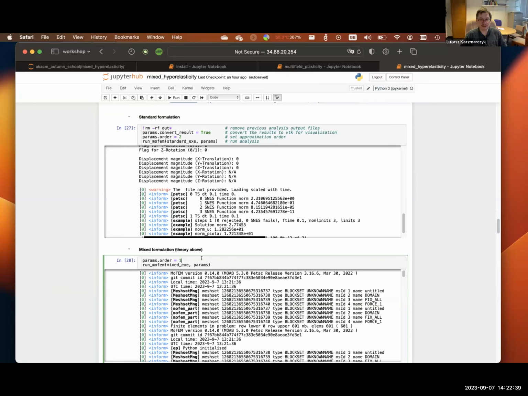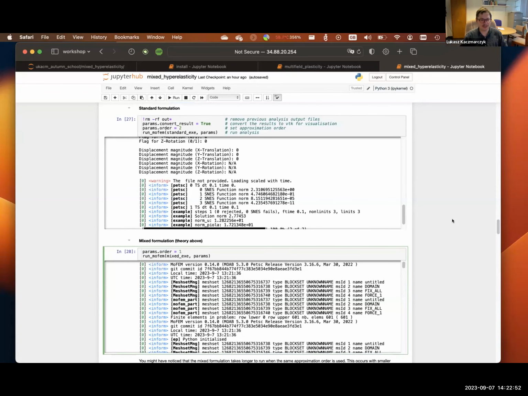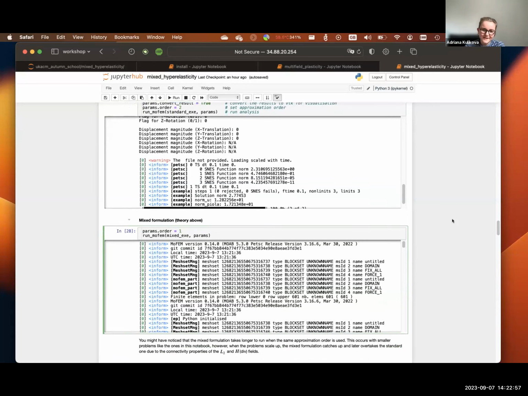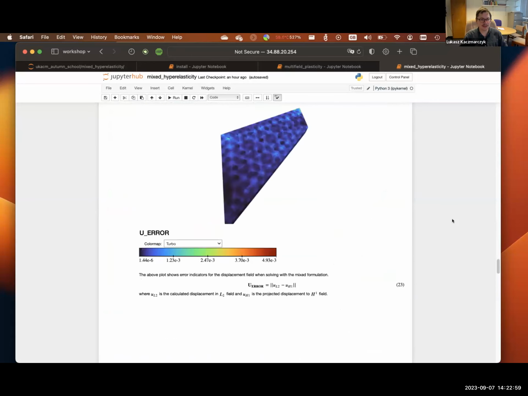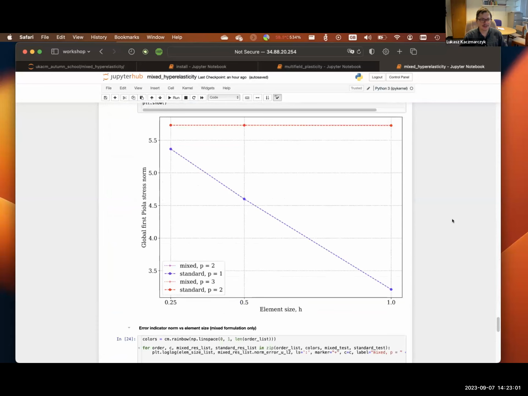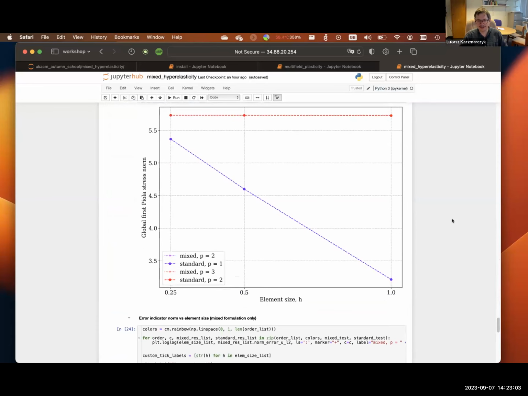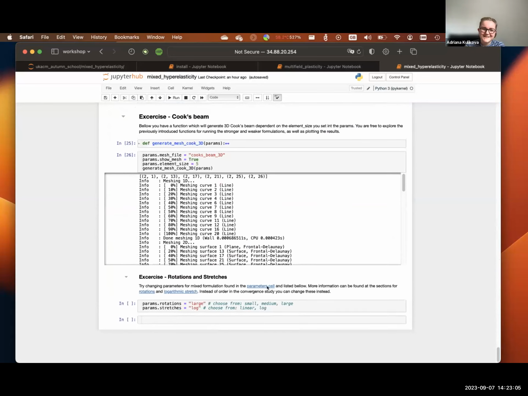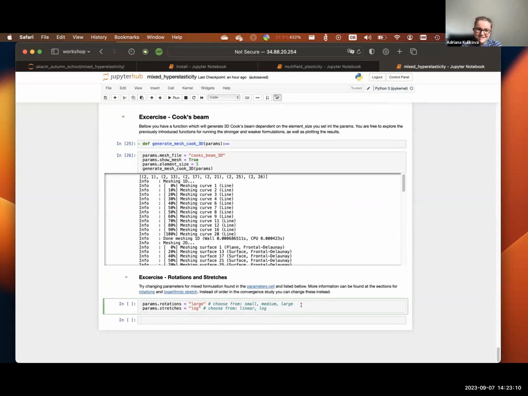Yeah, but to add to what Adriana is saying, we assume that when you run bigger and bigger problems, you will use more and more CPUs, so you want to scale to a larger number of CPUs. Adriana, can you show as well this thing with the rotations and stretches? Yes. So you can find that in the last exercise,